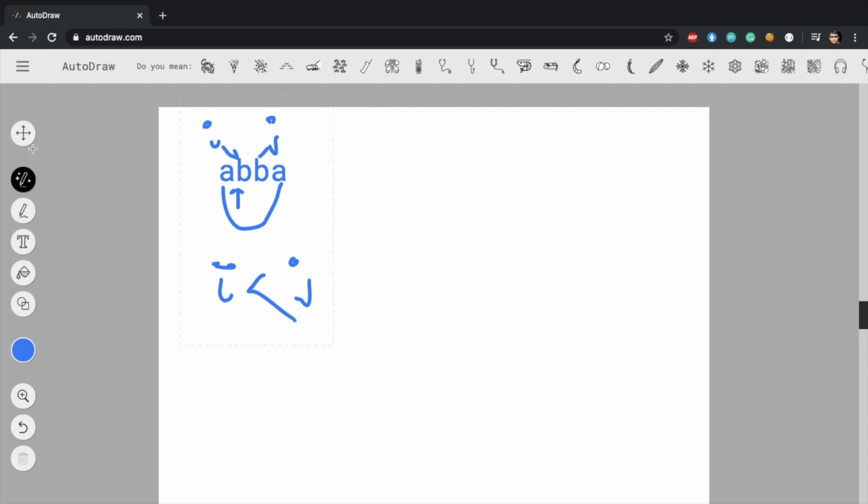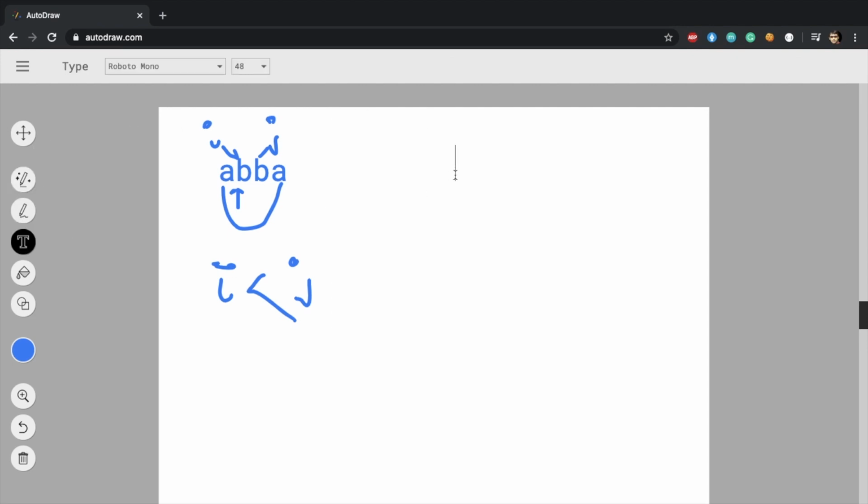Now another case is where the length of the string is odd. Example: A, B, C, B, A. In this case, similarly, we will take two variables i and j and check if these two characters are equal or not. i will point to the zeroth index and j will point to the last index of this particular string. If these two characters are equal, then we will increment i and decrement j. If they are not equal, then we will straightforwardly return false.